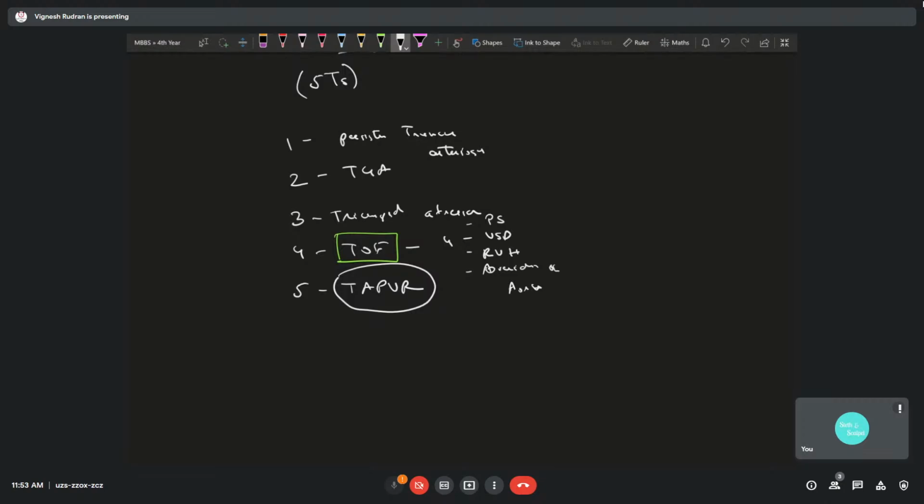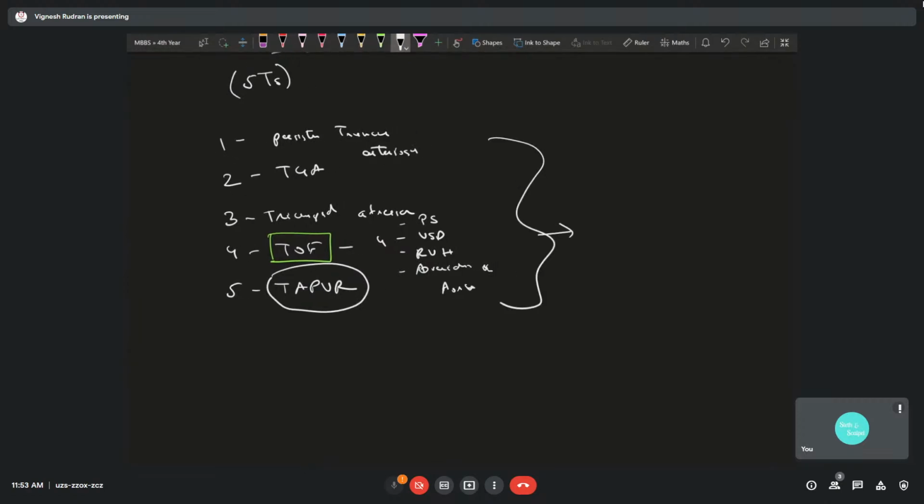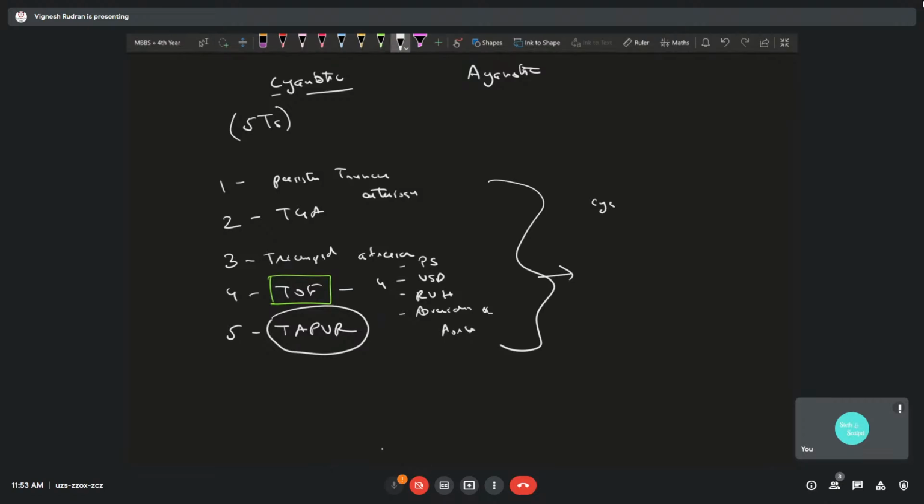These are the common symptoms for TOF. The common points for all of these are that they're all cyanotic diseases, right? So you're going to have cyanosis, cyanotic spells, and something known as squatting or breath holding. What this actually does is increase the peripheral resistance, thereby increasing the pressure in the left side of the heart. I'm not going to go into the detailed mechanisms, but just remember that this is a compensation mechanism in case there's some kind of heart failure leading to cyanosis.